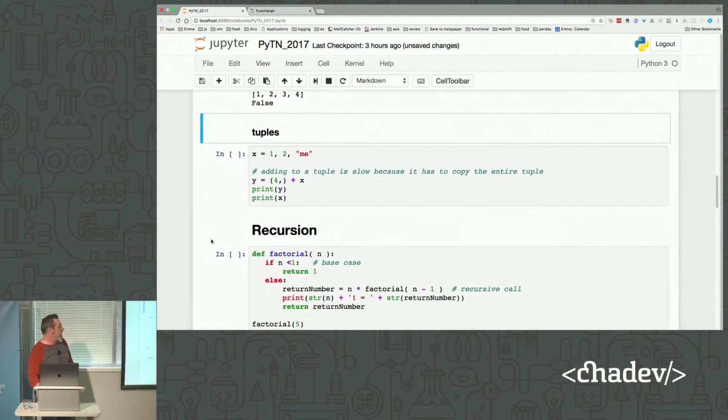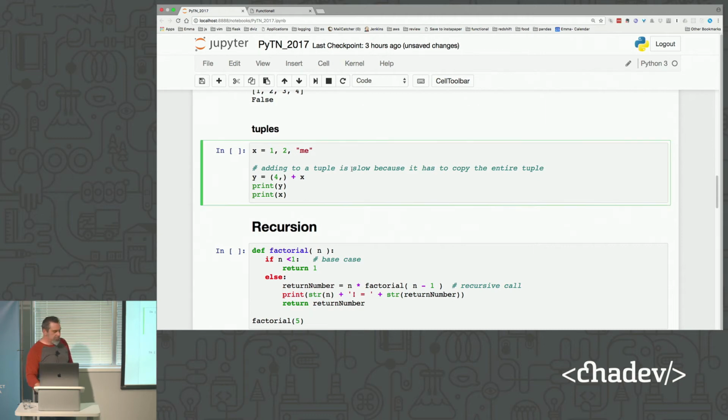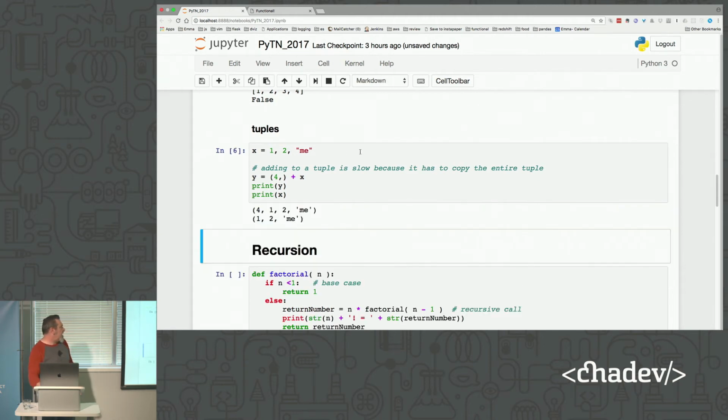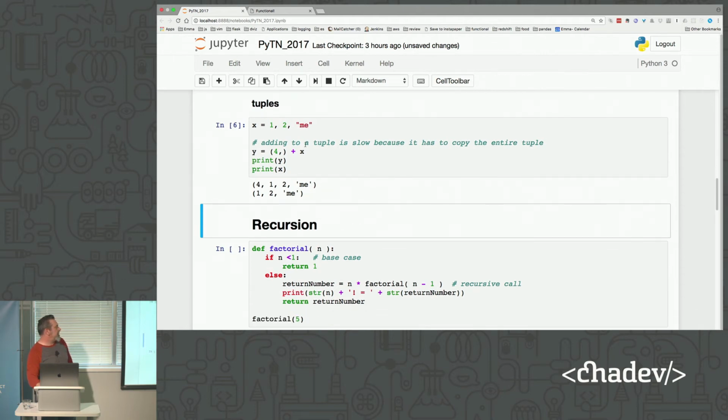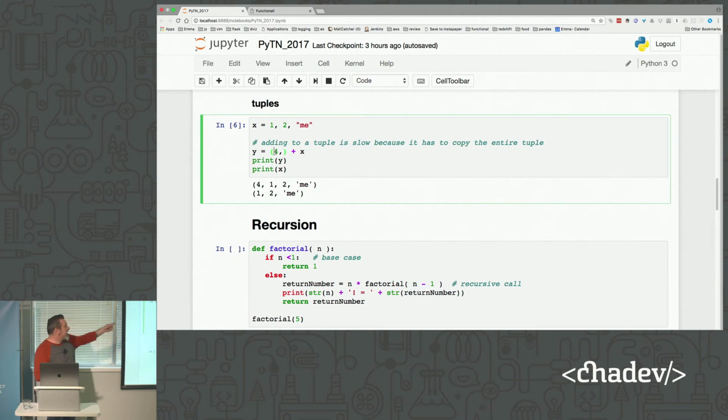Tuples, again, are another way of dealing with immutable data in Python. But as you can see, this plus sign right there is adding 4 to the tuple x. Up here is the tuple x, right? And Python has some very odd syntax for working with tuples. Like, I can create a tuple this way with nothing around it, but then if I want to create a one-item tuple, then I have to put it in parentheses with just a comma. It's a little weird. But in any case, what y is doing is taking the original tuple and adding 4 to it. Behind the scenes, it's actually making a deep copy.